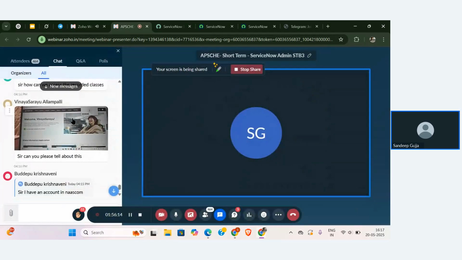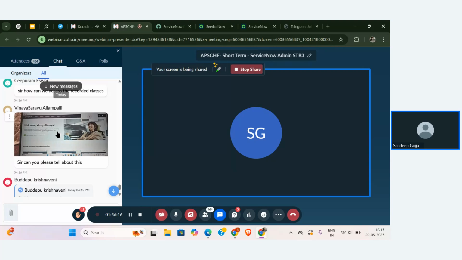Vinaya, you are logged into the main page of ServiceNow. From there you can directly navigate to any platform, any community that you want. If you want to navigate to the developer site, you can do that, and if you want to navigate to the Now Learning platform, you can navigate there. Everything can be done from that particular place.